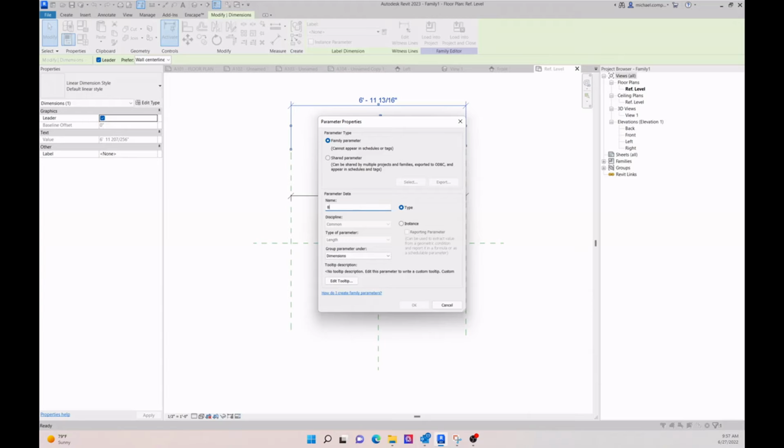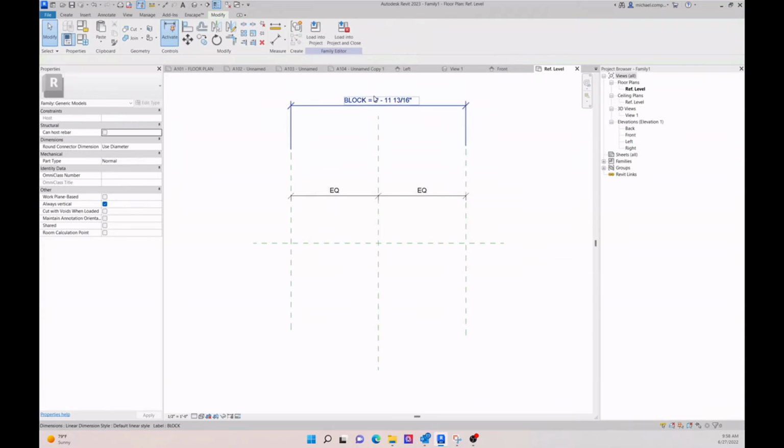So here I'm just going to put block for the name of it. I'm going to make sure it's an instance. Under the discipline, it's already length. It's going to group parameters under dimensions, and that's okay. That's what I want. And notice it's a family parameter, not a shared parameter. And again, I can spend more time on that in a different video. Okay, so that's my,